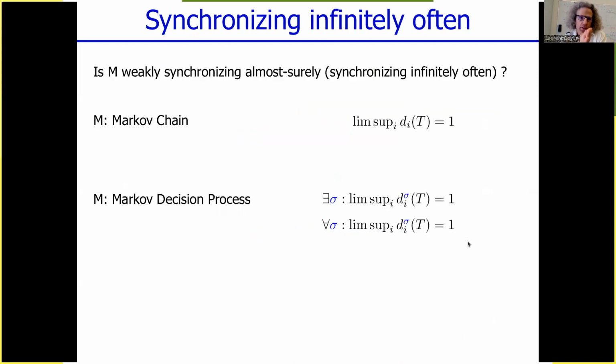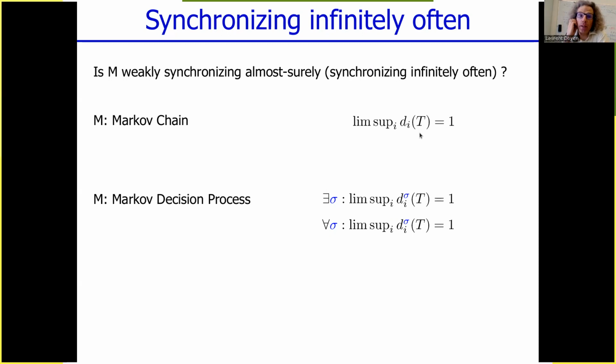Okay, now we can define the type of questions that we are interested in in this paper. We'll illustrate it with weakly synchronizing, or synchronizing infinitely often. So for a Markov chain, I would ask, is my given Markov chain almost surely weakly synchronizing? And this means the lim sup of the sequence of distributions, the mass of probability in T, is equal to 1. Remember that the sequence of distributions in a Markov chain is unique. So there is just this distribution, and we are interested in the mass in T